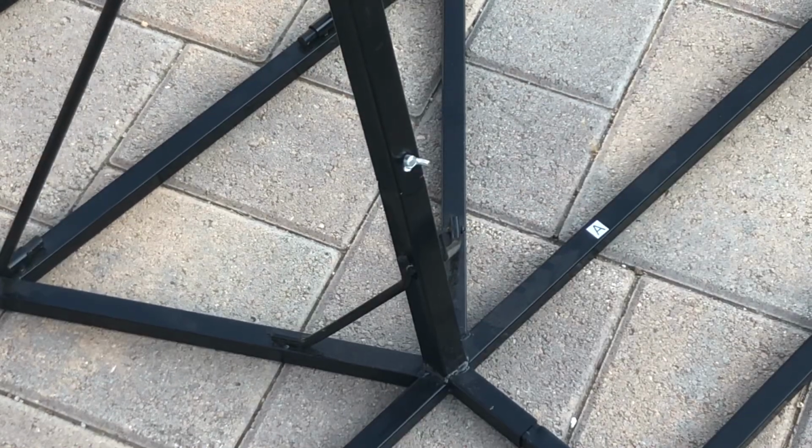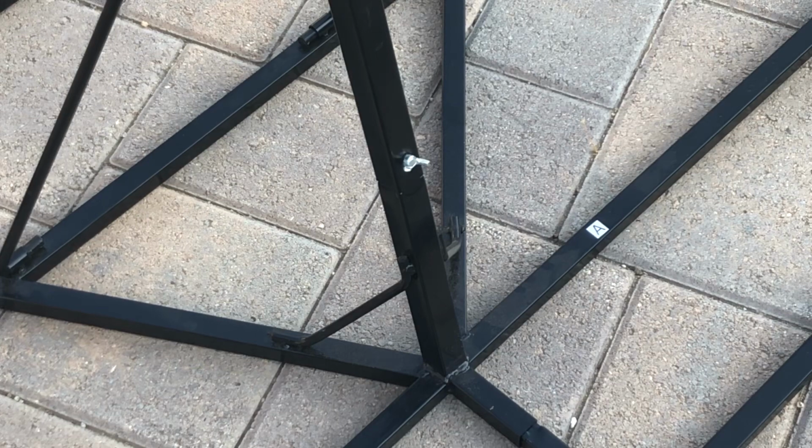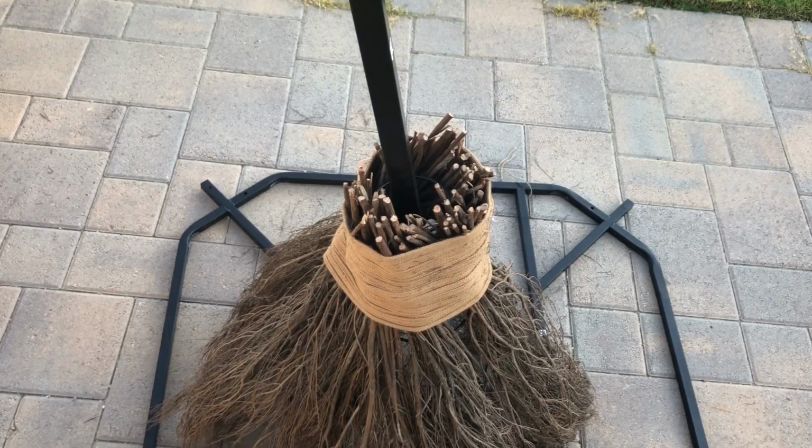Okay, so I have to put on her broom, and I think I'm going to do that off camera because it is very difficult, and it looks a lot easier, but you have to spread the little branches out or else it's not going to go on there because it's really tight and really pokey and it's not fun, but I'm going to do it off camera, so I'll see you when I have it done. Okay, so I put the broom on, which was not very difficult, and now I